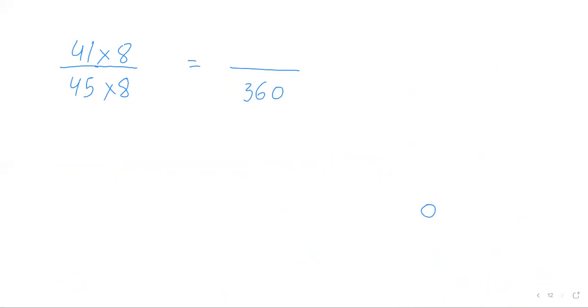Ma'am, the numerator will be 328. You are correct. So now we have got all converted into equivalent like fractions. Can we move ahead? Ma'am, can you tell me how we can convert fractions into decimals? I will be doing it. We will be moving step by step, Samraj. So let's complete what we have learned today.